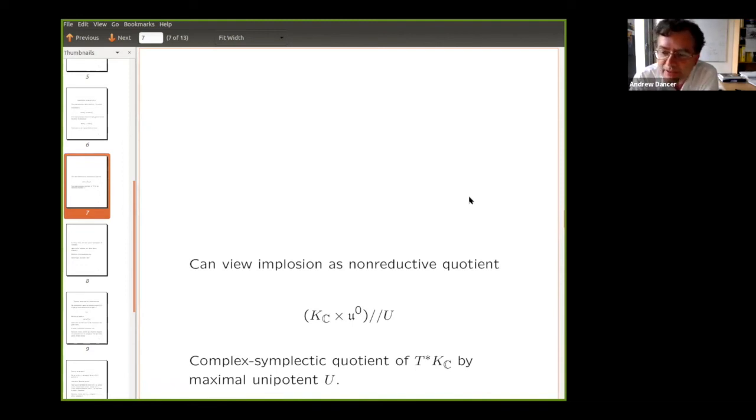Now in the hyperkähler implosion, we actually know much less. In fact, we don't yet have a proof that the analogous partial implosion is well defined as a variety. We don't have a proof of finite generation yet. However, it is interesting that for some cases, at least the cases where we've been able to work out, the Coulomb branch, the duality picture, does actually seem to make some sense.